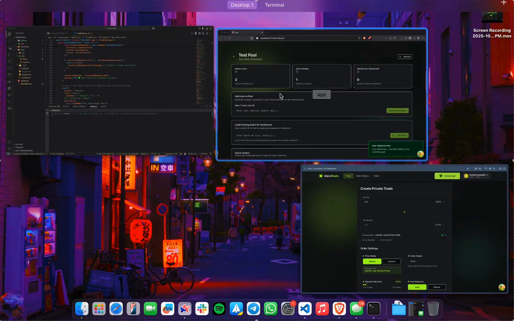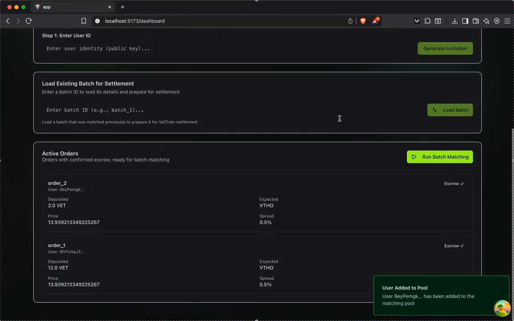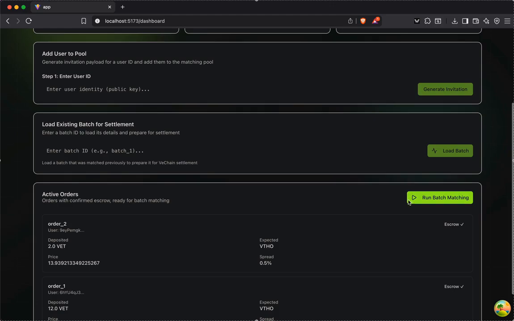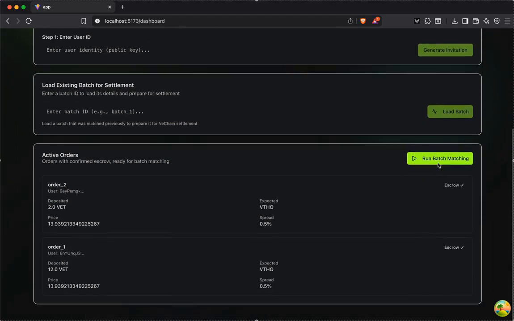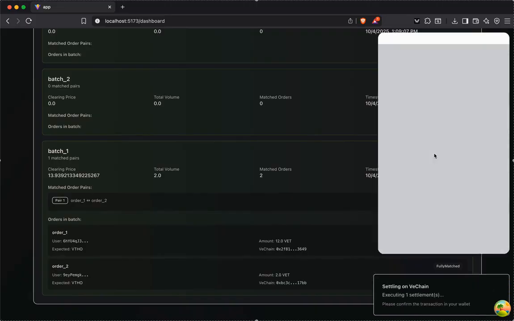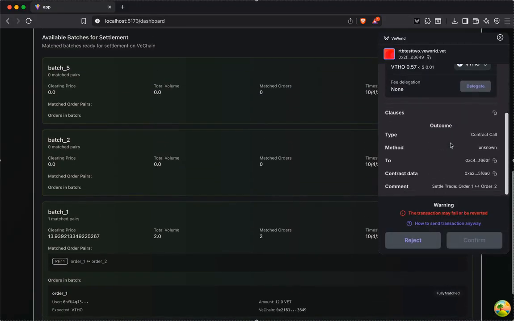Now if we refresh this dashboard, you can see there are two orders present. One order I have already done. This is currently a manual way, but in future this will all be automated. I have batched the order, so we got a matched pair, and you can simply click on settle on VeChain and then sign this transaction. Right now it's showing failing because